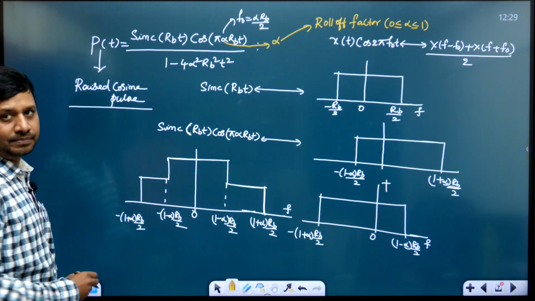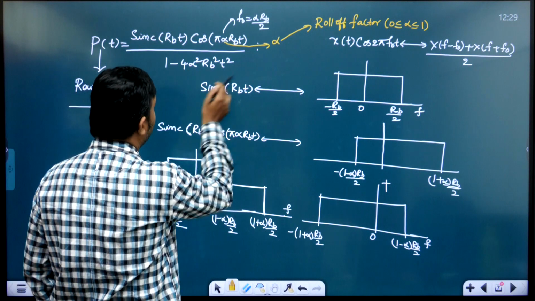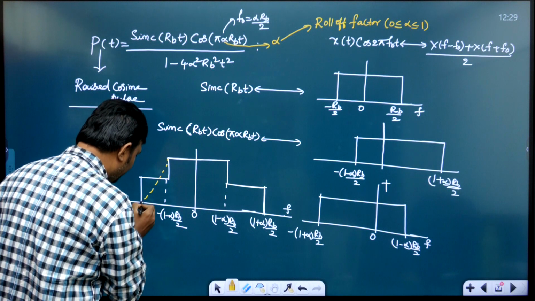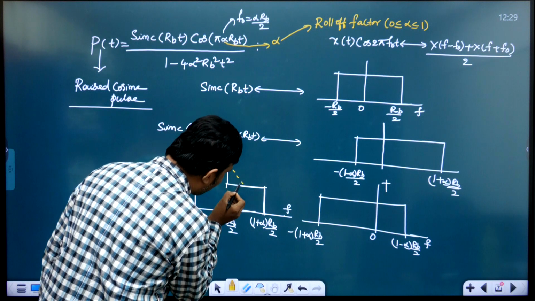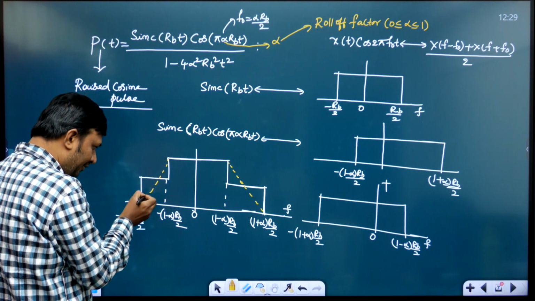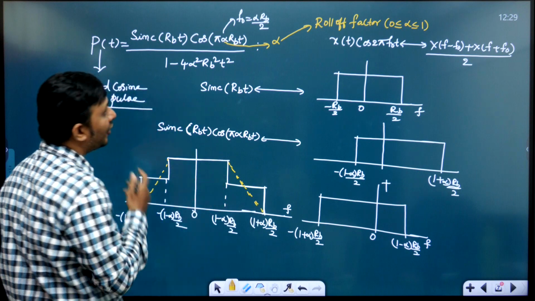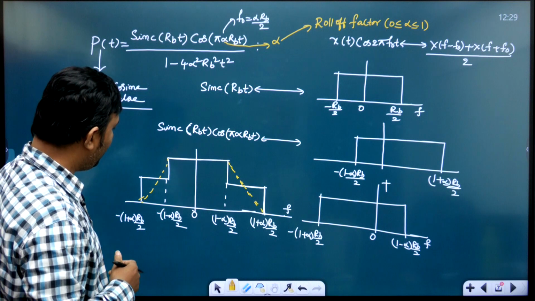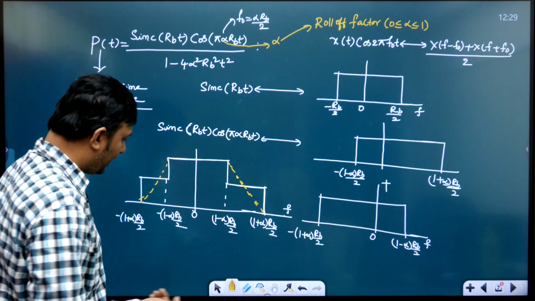If I include the denominator, it will come like this. The denominator has the effect of this shape. This is your roll-off. The roll-off factor lies between 0 and 1. In this way we get our raised cosine pulse spectrum, from which we can calculate